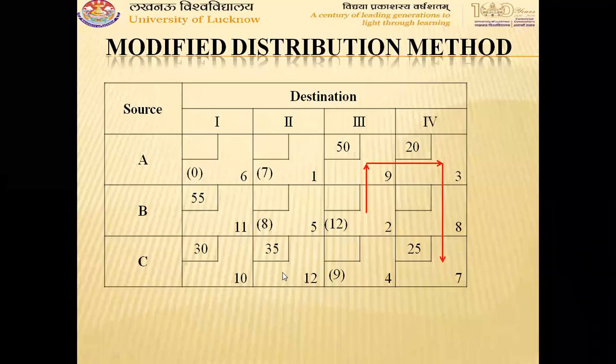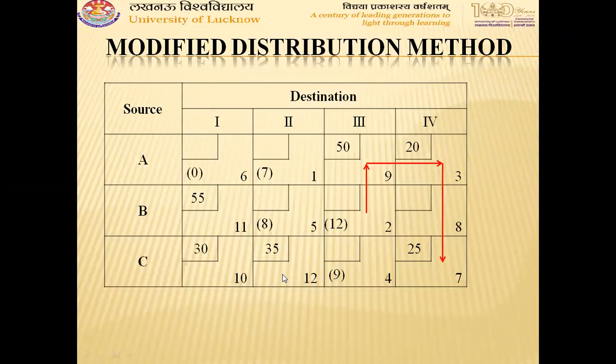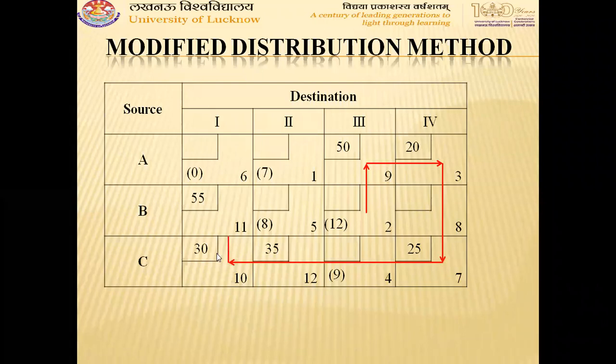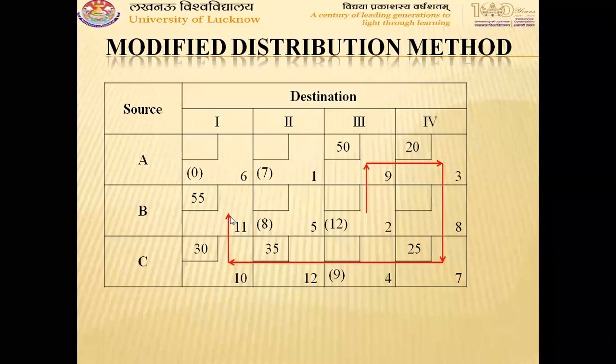If we move horizontally to 3 comma 2, then we obtain no allocation vertically, so we ignore this cell and do not consider it in the loop. We move to 3 comma 1, then from 3 comma 1 to the next allocated cell, which is 2 comma 1. Then again to the given unallocated cell, and the loop is constructed. Now at the corners of the loop, we allocate quantity plus theta and minus theta starting from this entering cell.